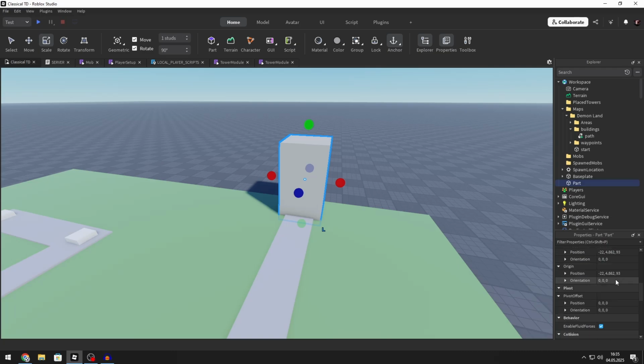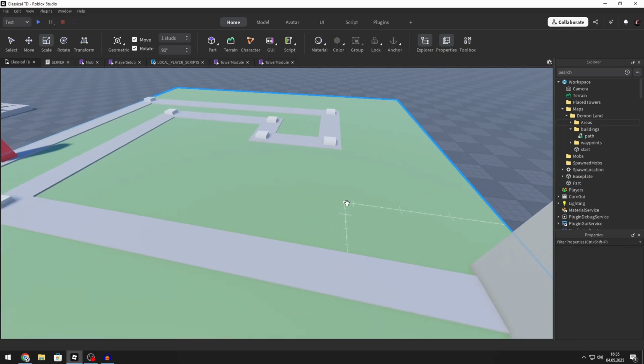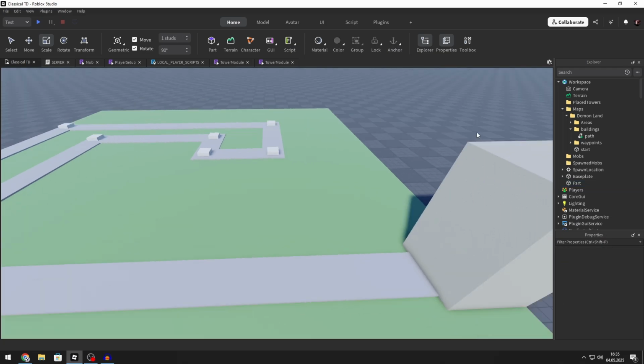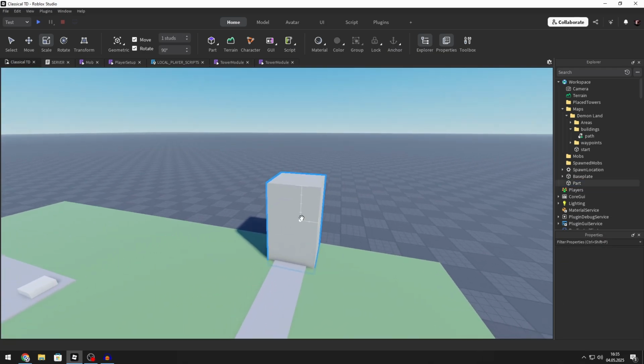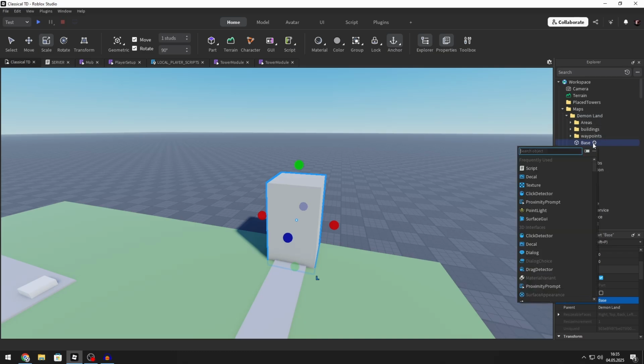Set it to anchored, and I will remove the shadow from it, maybe not. Alright. So you can rename this to the base. So I will do base. You can move it to the map folder and add